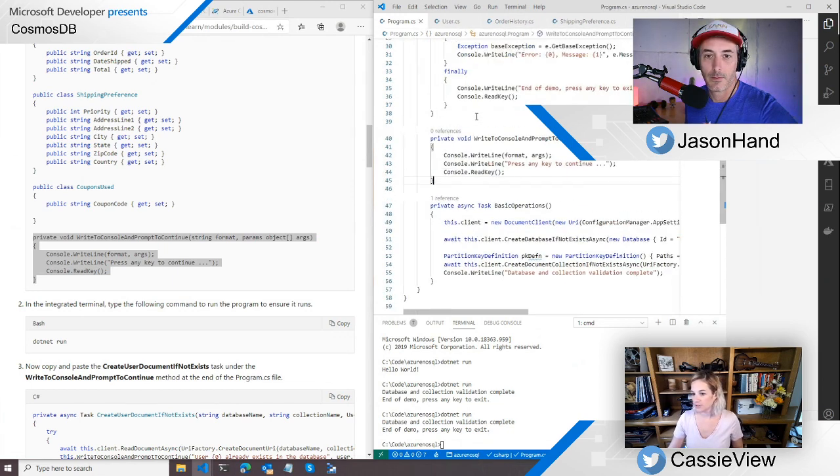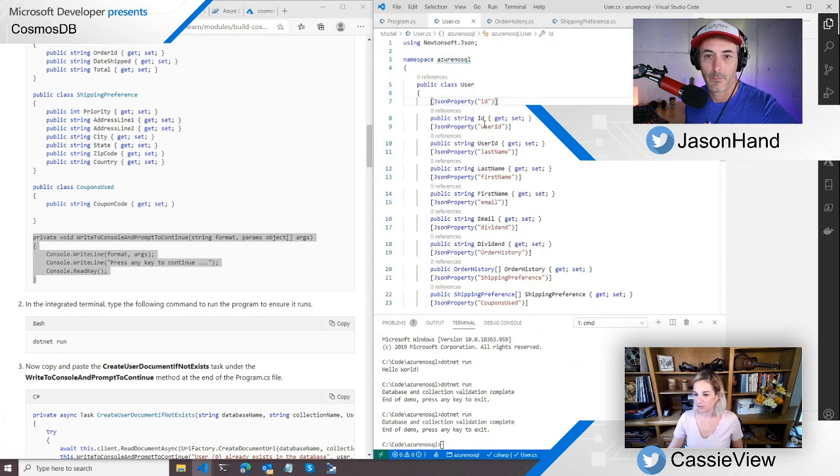If you look at the user, you'll notice these JSON property attributes. Essentially, when this serializes to JSON, it's going to use this instead of LastName, because in JSON you usually use lowercase, and in C# the standard naming convention is Pascal casing, with uppercase first letters. You want to have those be consistent throughout your different experiences. So that's what this JSON property attribute is doing.